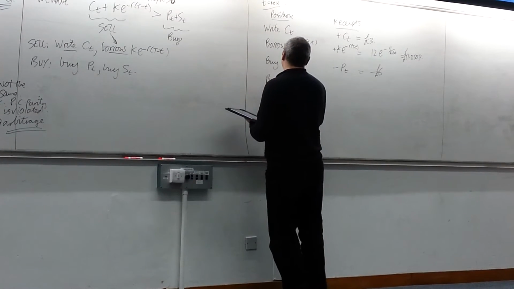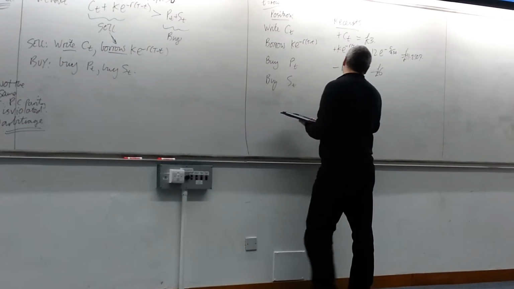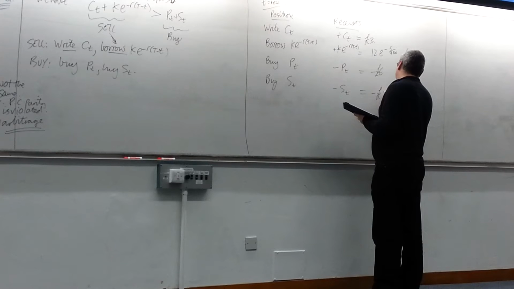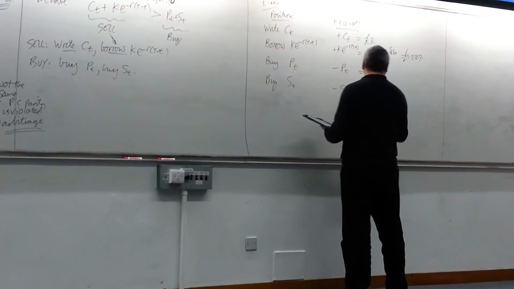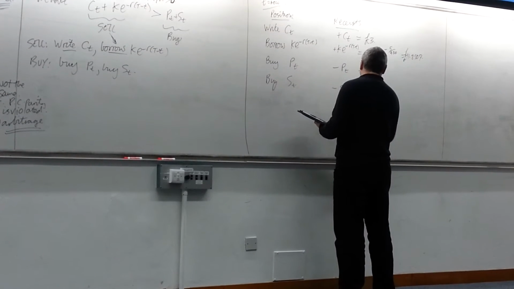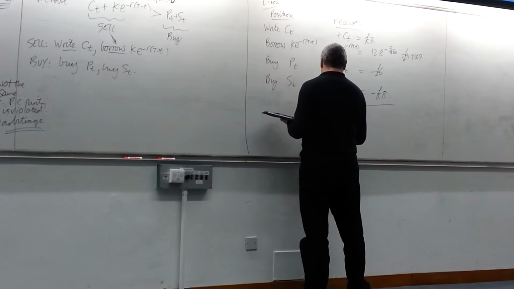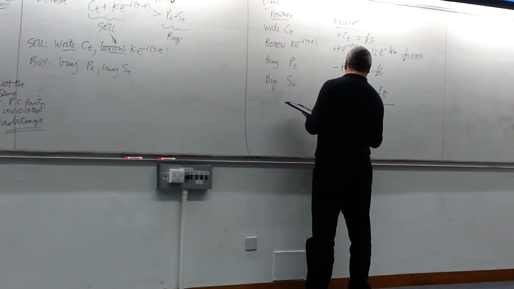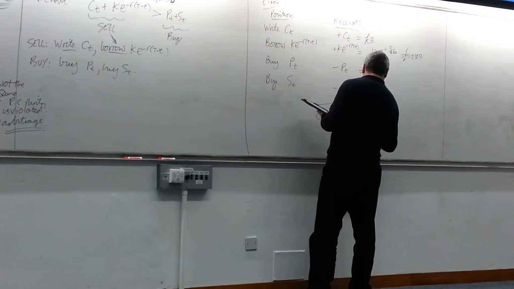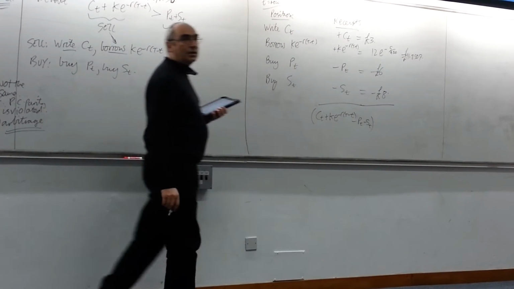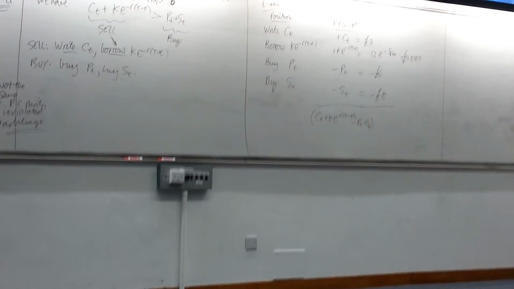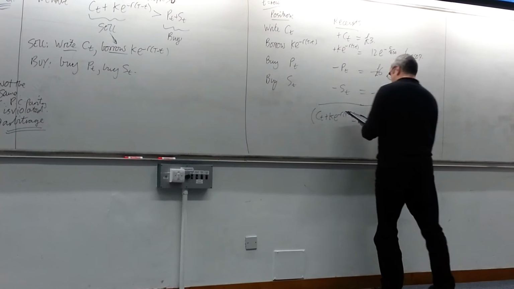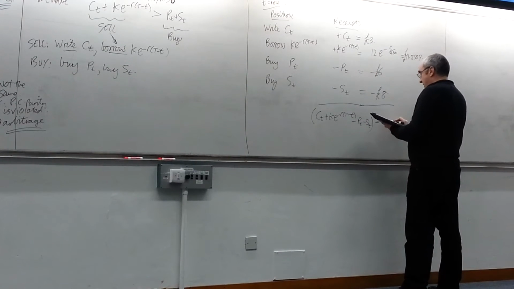Okay, and I also buy ST, pay out ST. ST is £8. Like that. So overall, if I add all this up, what do I get? My net position is that, which, from this argument here, has got to be greater than 0, and if you work it out, it's